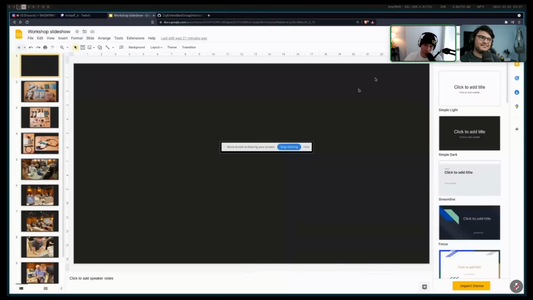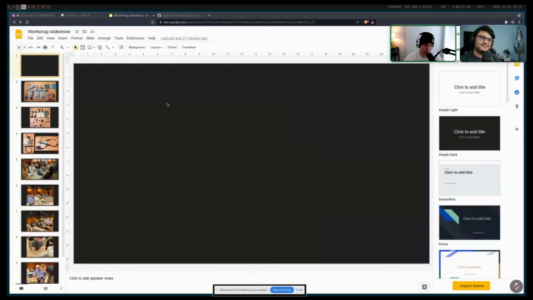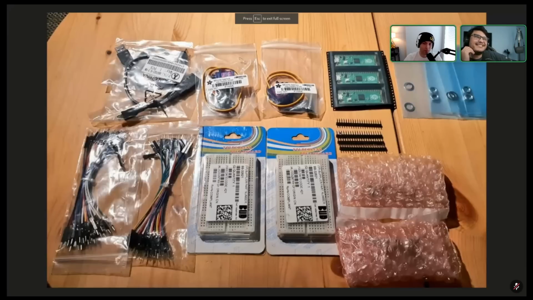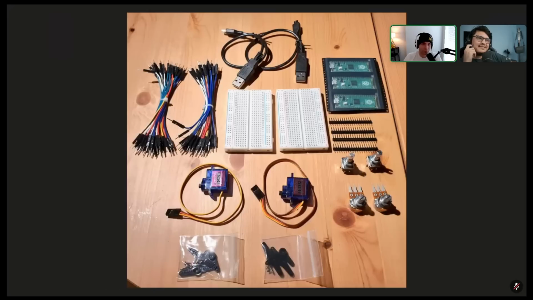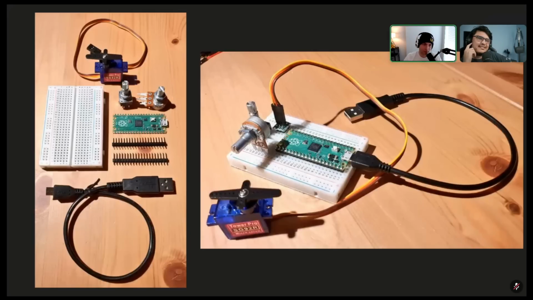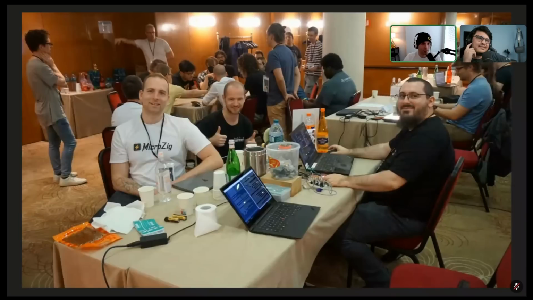So, if you're wondering, yes, I am using River as my window manager. Nice, the River install party also. Yeah, this is the first image that Felix took of the kit. We're unboxing it. This is what it looks like plugged in. It's pretty simple, but there's a lot of complexity in these parts.